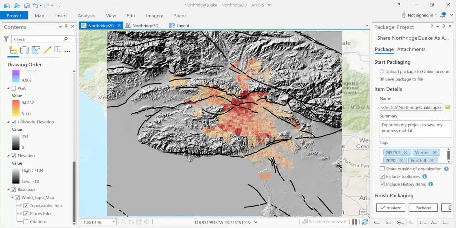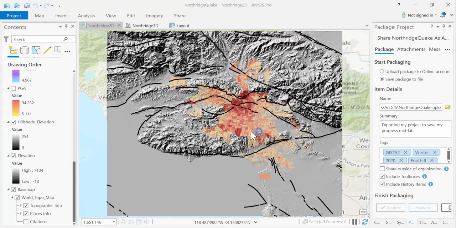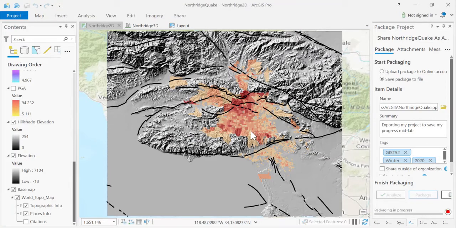Hey all, I wanted to address an interesting little problem that happened for a couple of students. They couldn't package their projects because of an error that would come up. The error would say, failed to consolidate project due to problems with geoprocessing history, and then list an item. In this case, it was the multi-ring buffer, and there was an error message within the multi-ring buffer. And so, because they had this one buffer attempt in their geoprocessing history, packaging when you tried to package it